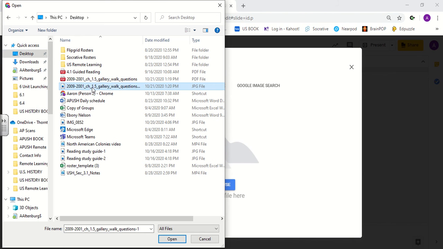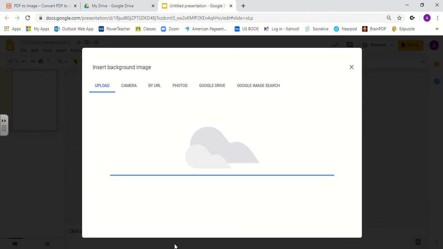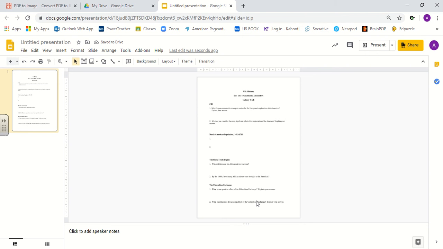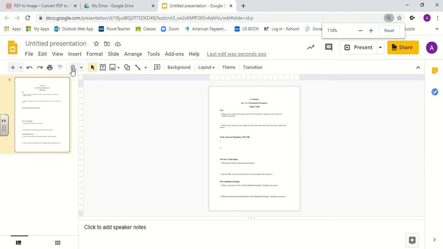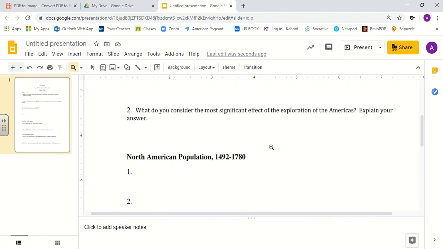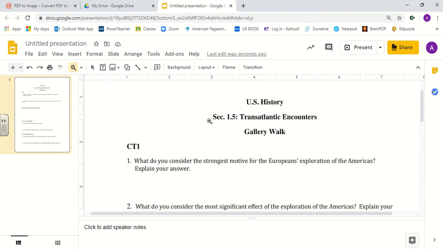We have to find the correct file. And now that will upload right to where we need it to. I'm going to zoom in here so you guys can kind of see what that looks like. All right, so now this is set as the background. So the students, if they try and click on it, they cannot move it, they cannot do anything with it. So that's helpful with them not deleting anything or not doing anything to try and change the format of your